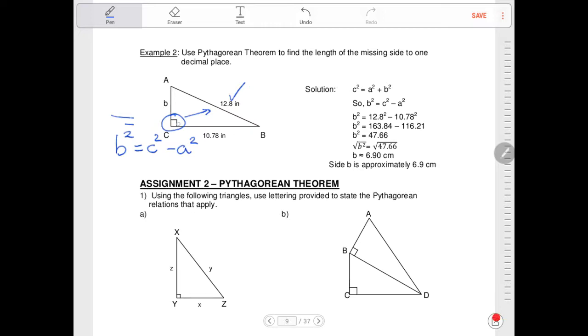The missing side, no matter what you do, we're going to call that b. So that's going to be b squared. C squared is always the hypotenuse. You're going to go 12.8 squared. Take away, well, let's see. If that's b and this is c and that's got to be a, 10.78 squared. And then if I just kind of go to right here, I'm running out of room, 12.8 squared would give you 163.84, and